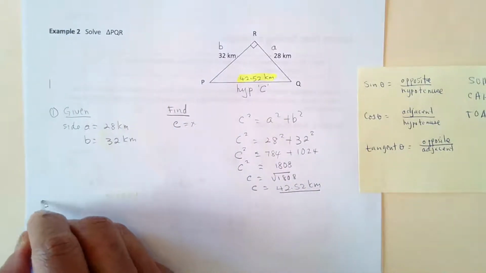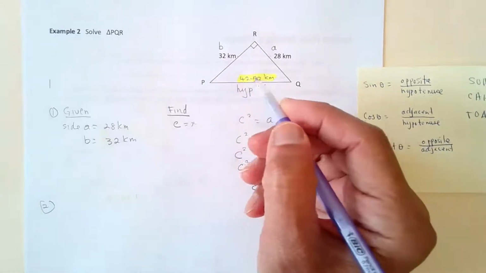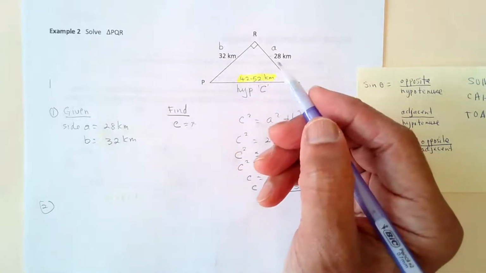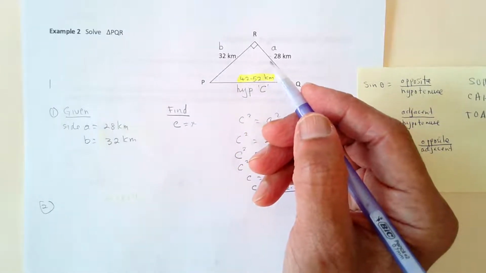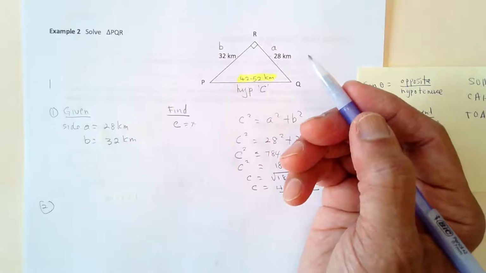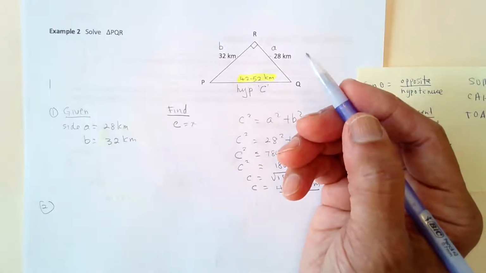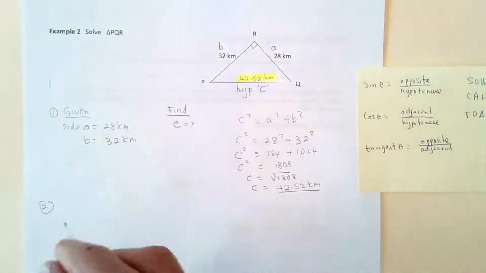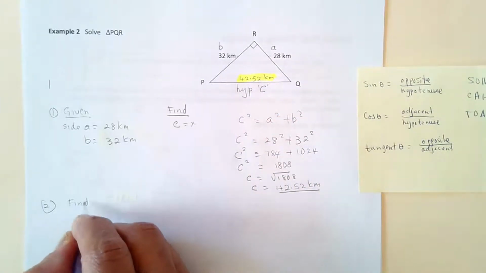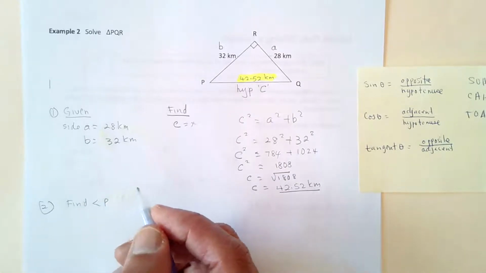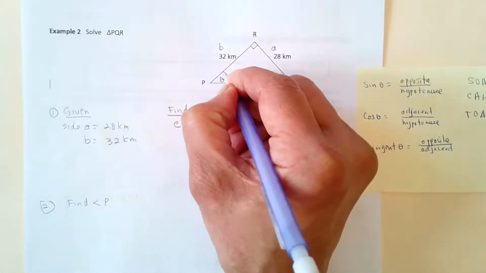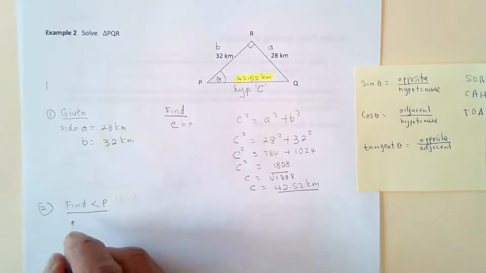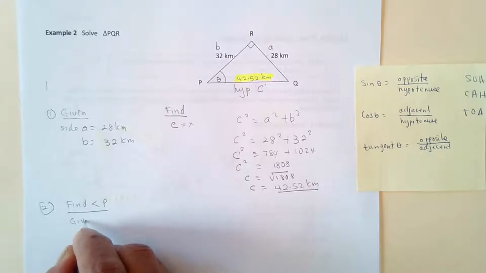Now, part 2, I need to find an angle. And I could go with angle Q or angle P. It really doesn't matter which angle I'm finding, but I'll go with angle P. So find angle P. So this is what I'll go with. So given